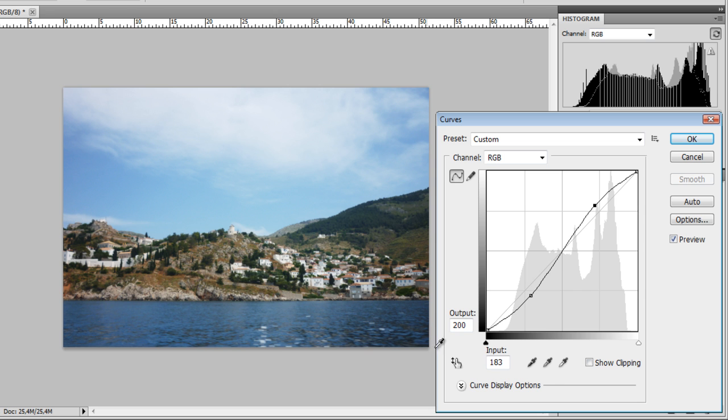And why did this happen? Remember when I said at the beginning of the tutorial that this side represents the shadows and this side represents the highlights? Well, what we did is we dragged on this side, we dragged the line a little bit under the diagonal. So what that did is it basically made the shadows even darker,